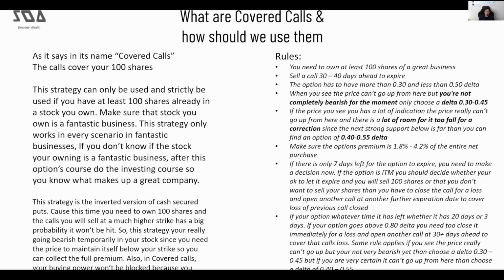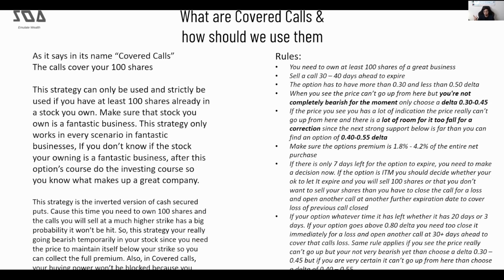So, the same rule applies as well. If you see the price really can't go up, but you're not very bearish yet, then choose a delta of 0.30 to 45. But if you are very certain it can't go up from here, then choose a delta of 40 or 55. So what I said there was that after you did your first call and then you roll it and do the second call,